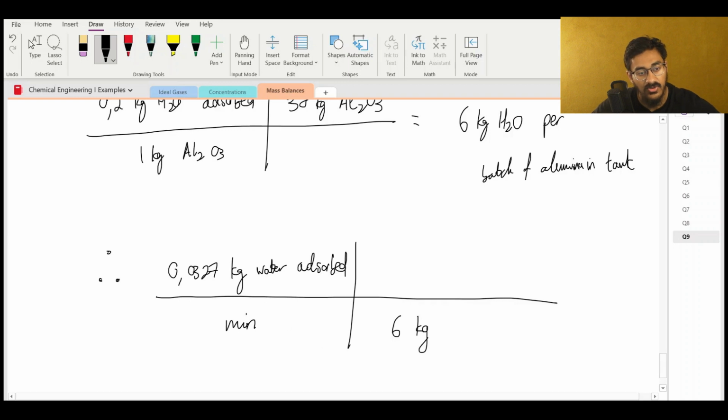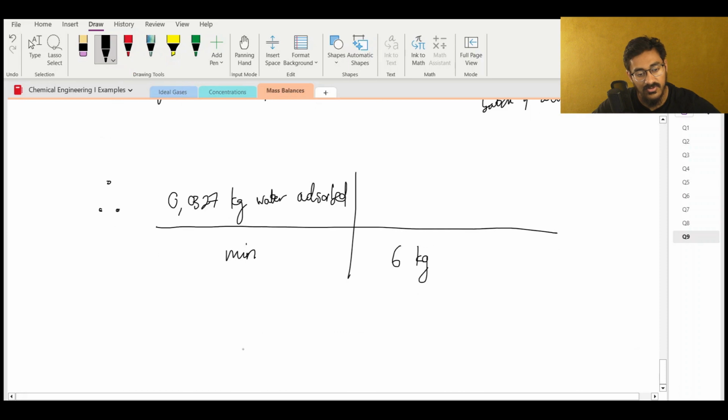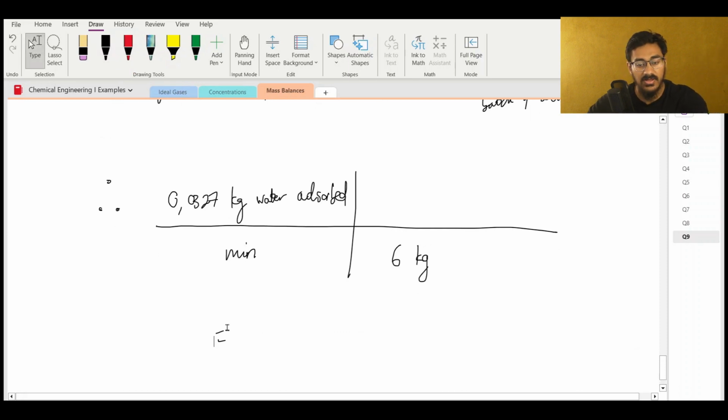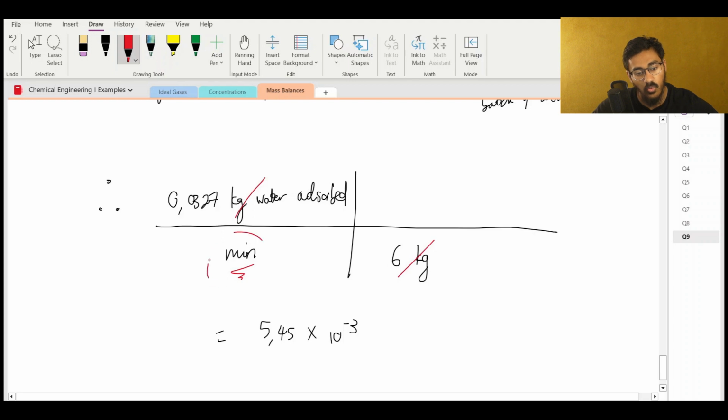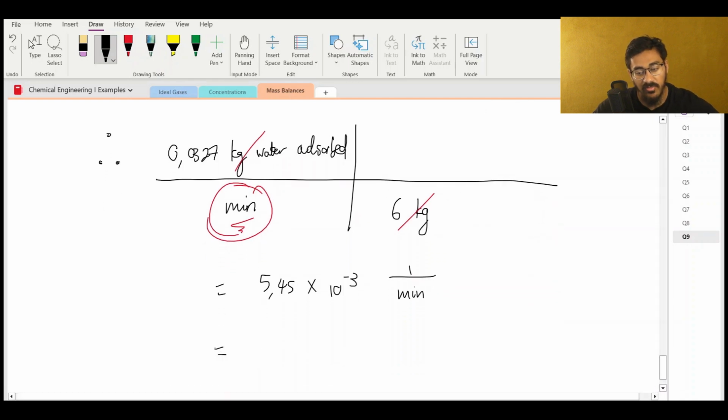Okay. So actually, okay, it's fine. Let's keep going. You'll see what I'm going to do now. 0.0327 divided by 6. That's 5.45 times 10 to the minus 3. And if you look at my units, this is where I made a hiccup. The unit is 1 over minute, right? Because the unit is in the denominator. So that's 1 over minute. That does not make a lot of sense to anyone on the planet. So I'm just going to invert that number. And I get